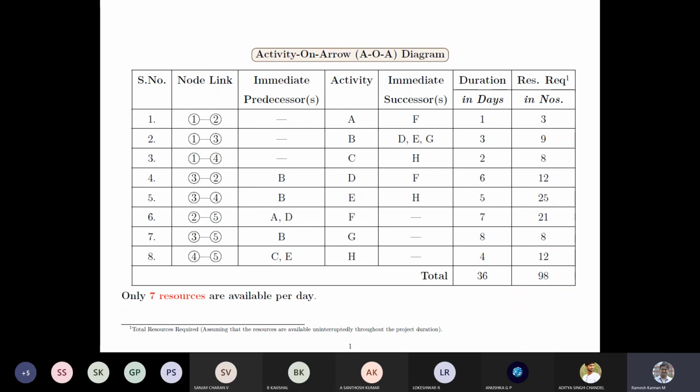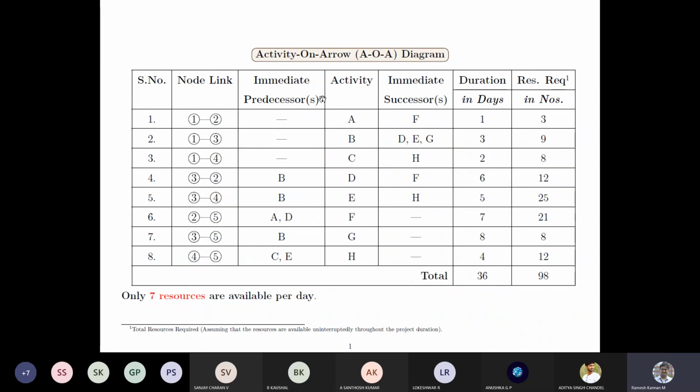And also an assumption is that the resources are available uninterruptedly, which means that there is no delay in the resources. The only thing is the top cap, that is the 7 resources, is the maximum per day. And that's the idea put forth by the contractor. Based on the 7 resources, how do they schedule these activities and finally end the project with a good number, or in good progress.